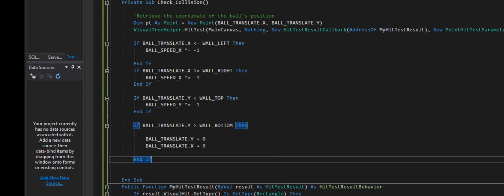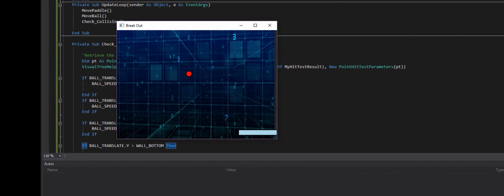All right, so let's see if that works. Let's run this. And I'm just going to let it fall. And it starts at the top. But look at that. That's weird. See how that happens? And I'm glad it started at the top. Now, the reason why it's doing this